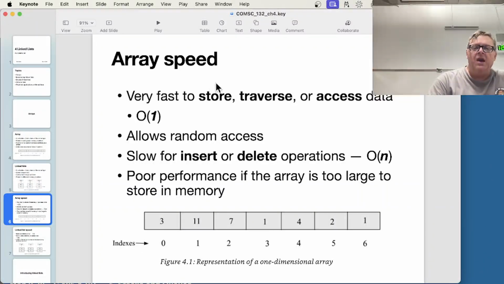So like I say, the array is very fast. Storing data is very fast. Traversing it, moving from one to the next is very fast. Accessing data is very fast, order of one. It doesn't matter how big it is or how long it is. The process of taking the base address and just adding a multiplier times the size is very fast, and it doesn't depend on how big that size is. So it's great. The only problem is insert and delete get slow because